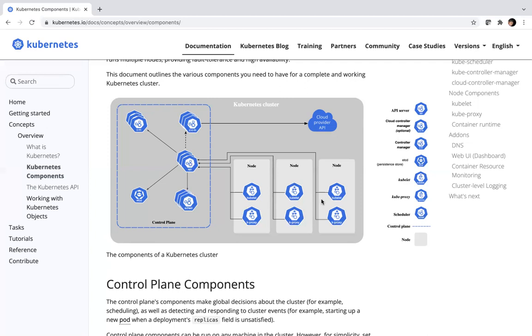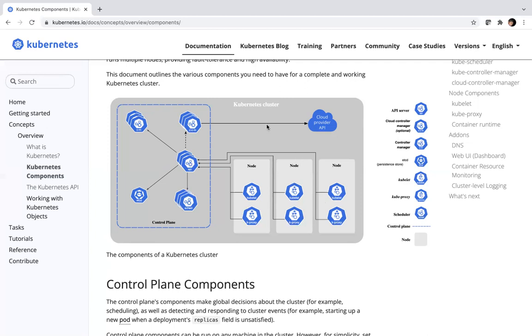So if you want resiliency on your master node so that your services do not go down if your machine fails, then you should go with multiple master nodes. And then you also need to take care of making your services highly available.